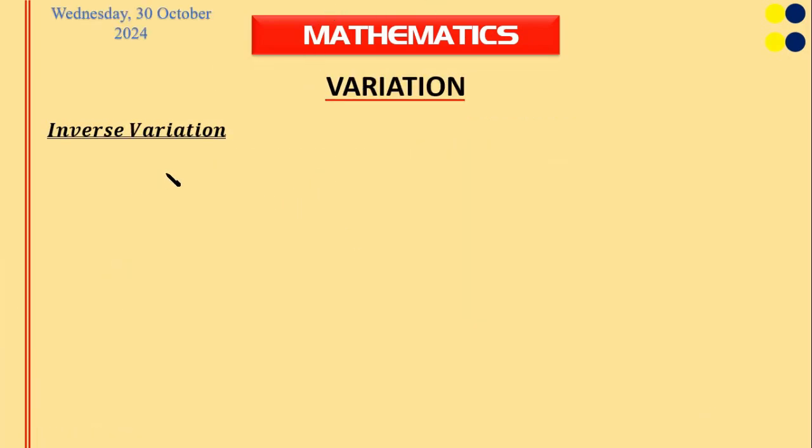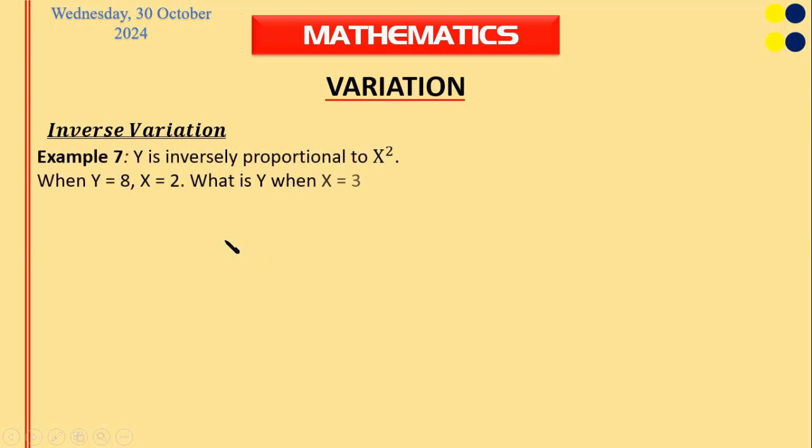Alright, now let's take a look at inverse variation. So we'll be checking out a question. Y is inversely proportional to x squared. When y equals 8, x equals 2. What is y when x equals 3? Of course, the first thing we need to take note of here is the interpretation, the statement inversely proportional. And for us to get used to the context it's used, let me say